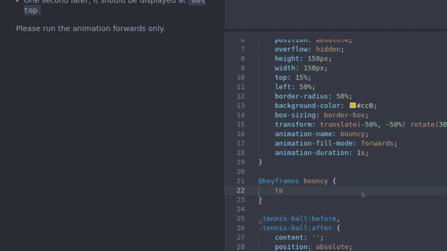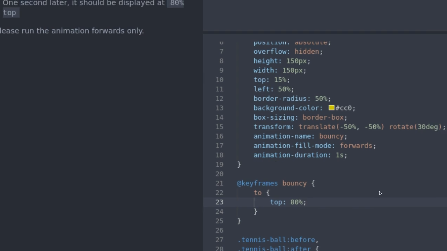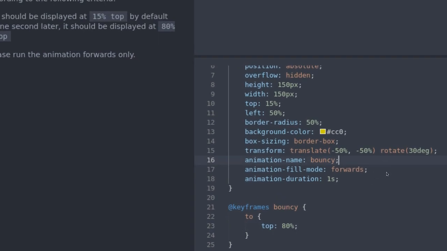So we put the point that we want to declare our animation, and then inside goes the property. In this case, we're changing the top reference from 15 to 80%. Have I written that wrong? No, it's happy with me now. Anything else? No, it's done. Just to recap, we've given it a name, we've given it a fill mode